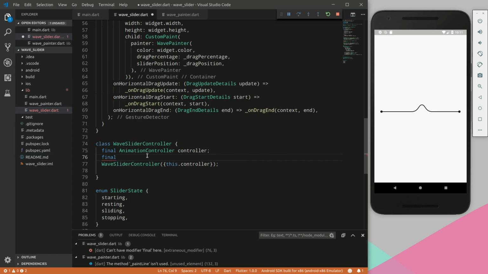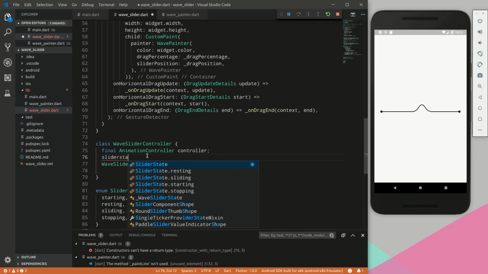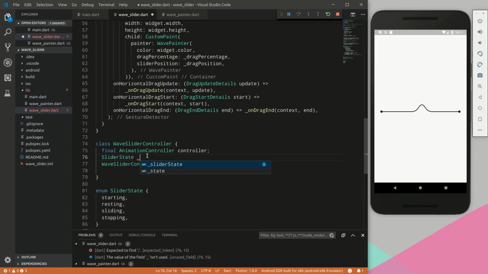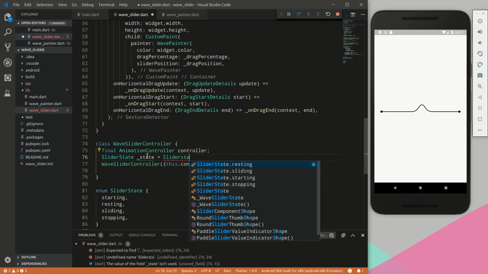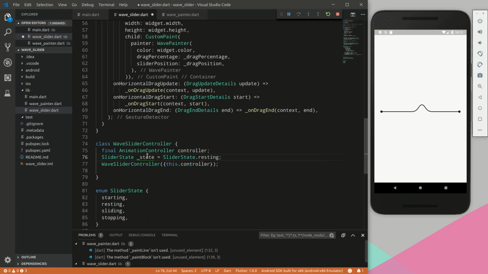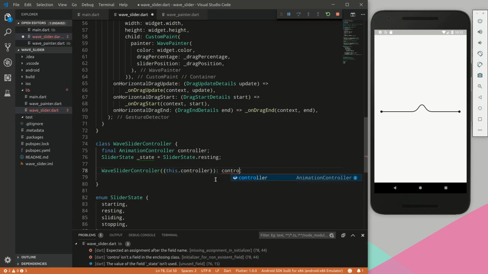Next we will have a final, actually no, this won't be final, slider state. It's a private variable called state, slider state, and we will initialize it to be resting. Then we will invoke the controller, set it equal to an animation controller